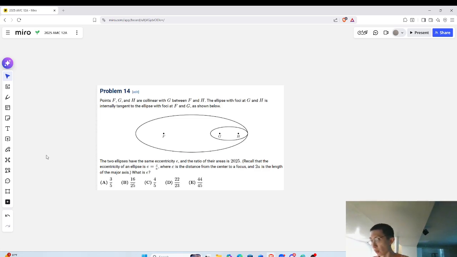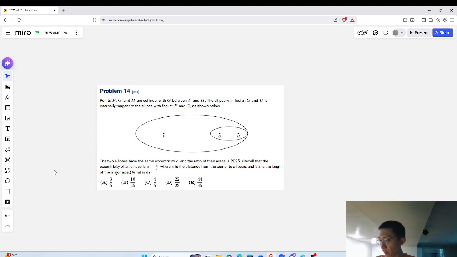So the problem goes: points F, G, and H are collinear, with G between F and H. The ellipse with foci G and H is internally tangent to the ellipse with foci F and G, as shown. The two ellipses have the same eccentricity, and the ratio of their areas is 2025. So the eccentricity is just C over A. What is E? So just as review,